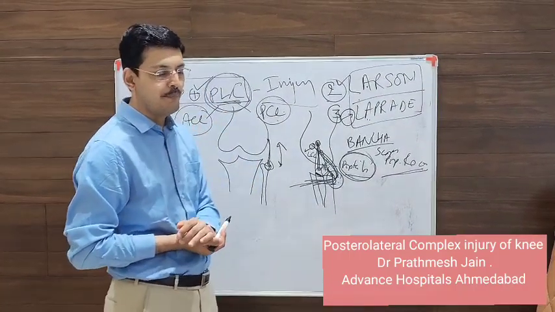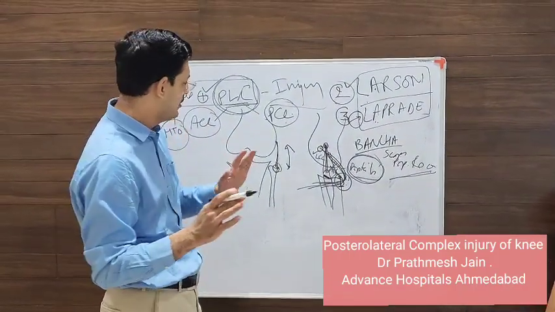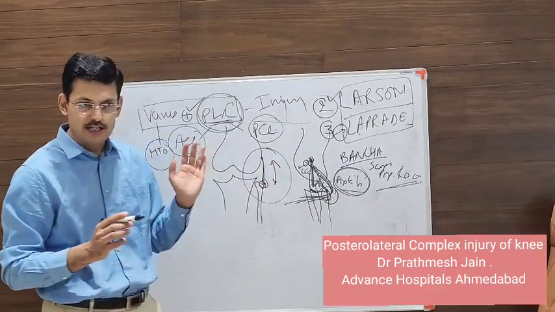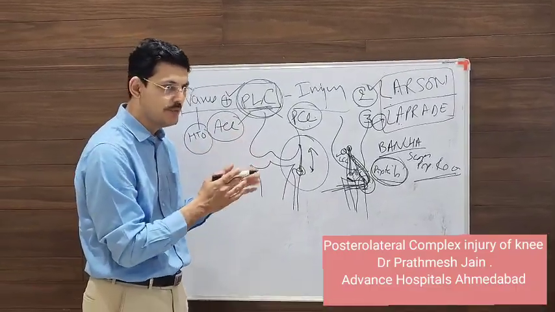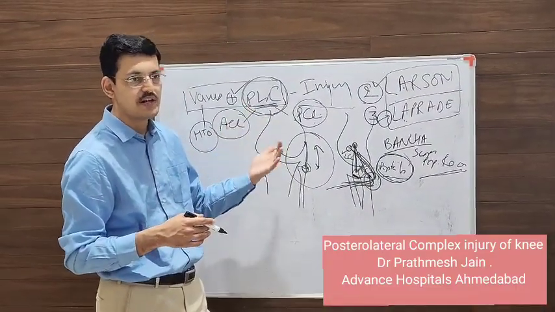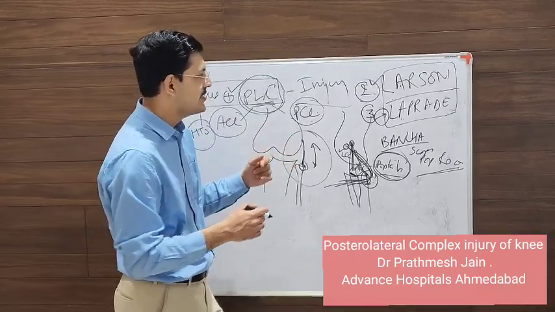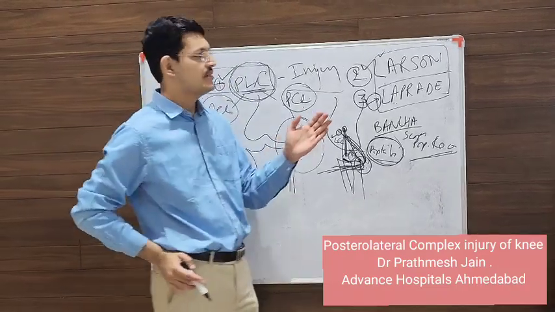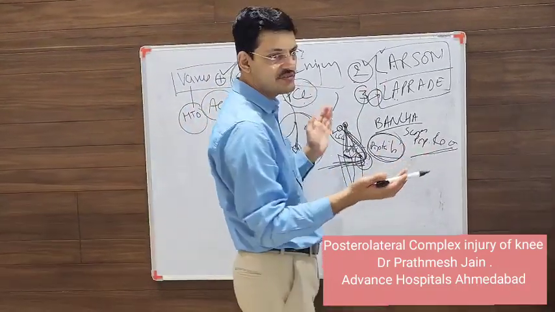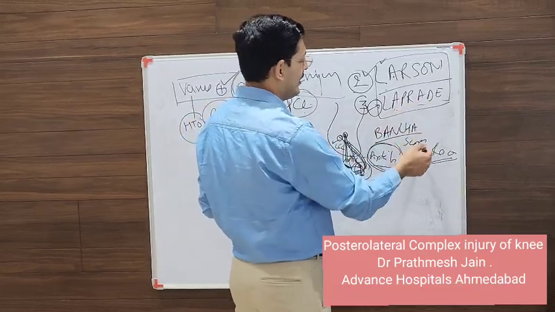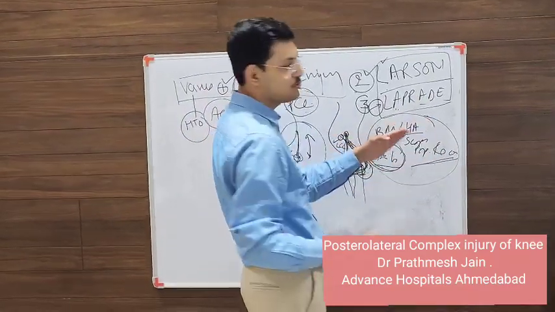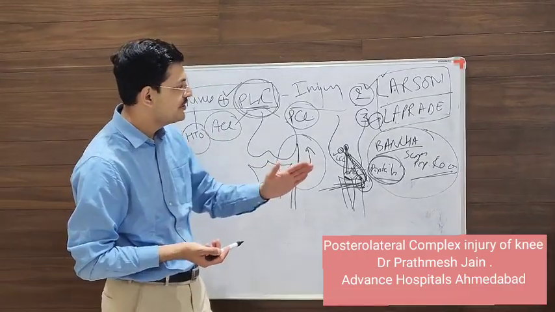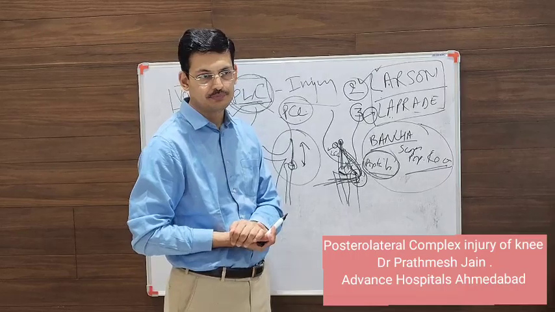Okay. So for practical purposes, in acute cases, I would still recommend that you do repairs, exploration of the nerve if needed if there is an injury, and explain the tendon transfer later. In chronic cases, most of the cases will be done with Larsen. Rarely, if the patient is very high demand and you have plenty of grafts available, then you can think of LaPrade. And this is a thing that will come up in the future: an isolated popliteus ligament reconstruction, which you can do with the Banja technique.